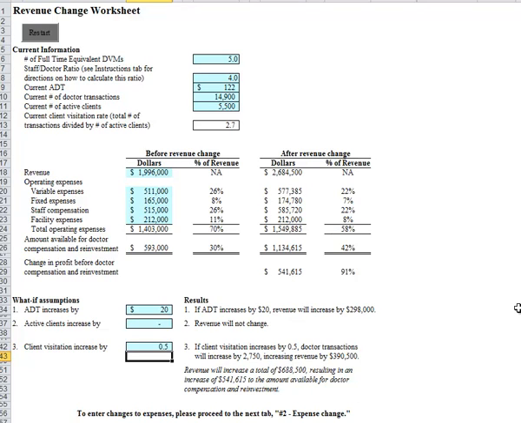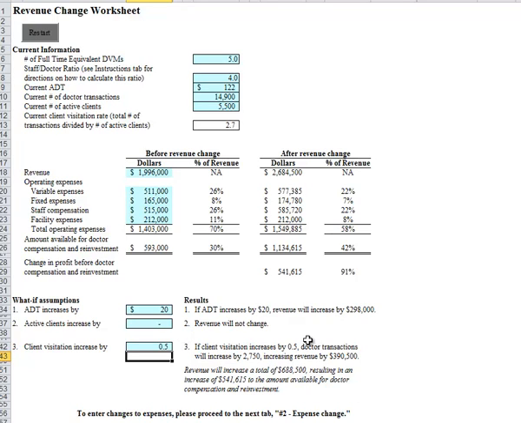So this $688,000 increase represents a 34% growth in the revenue, but a 91% growth in the profitability. So huge, huge difference. Now obviously some of this